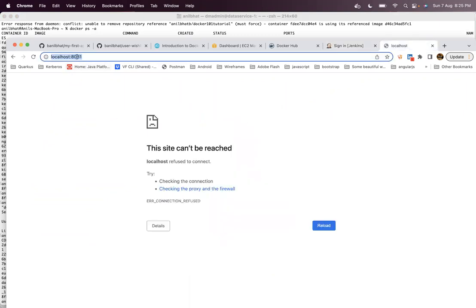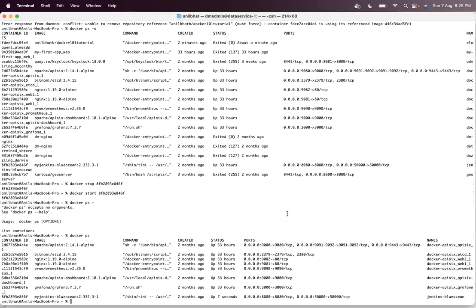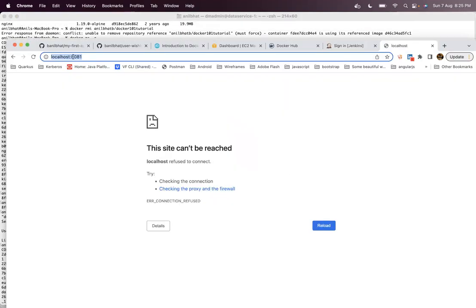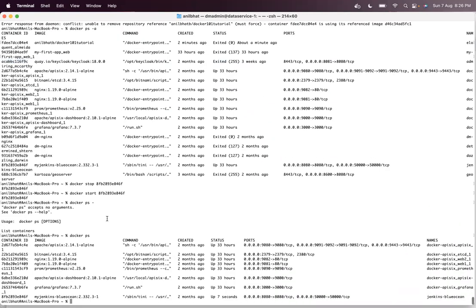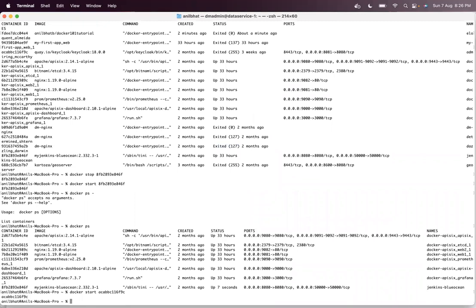I was looking for a container with port number 8081. It is not running, right? 8081 is not running. So here you can see there is a container which is running one particular application called Keycloak, and it is supposed to run on 8081, but its status is exited. Exited means it is not running anymore. So you want to start it, right? You can just say docker start and this container ID. So you copy this, and again you run docker start and the container ID, and hopefully it successfully got started.